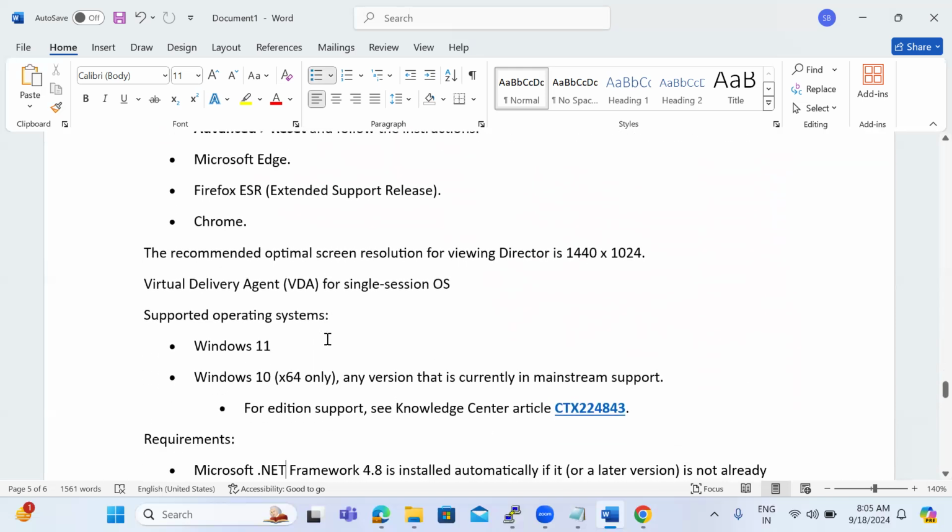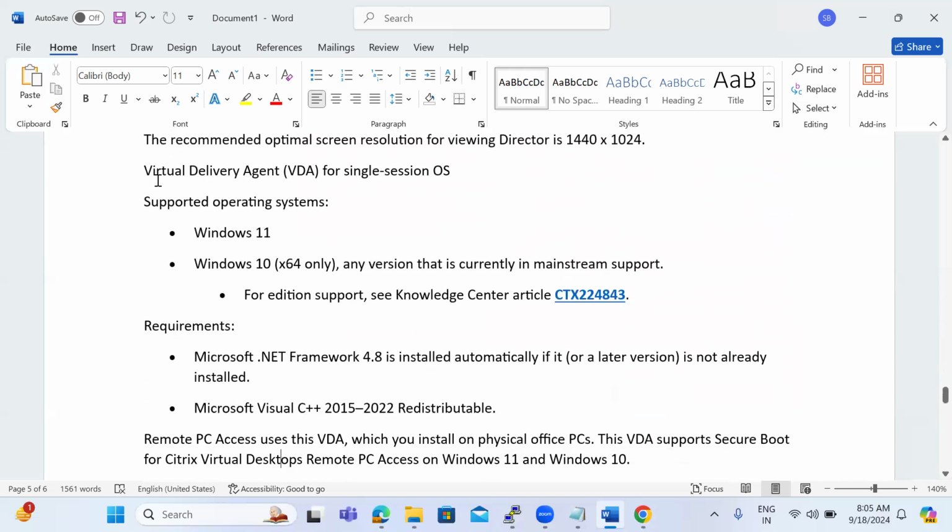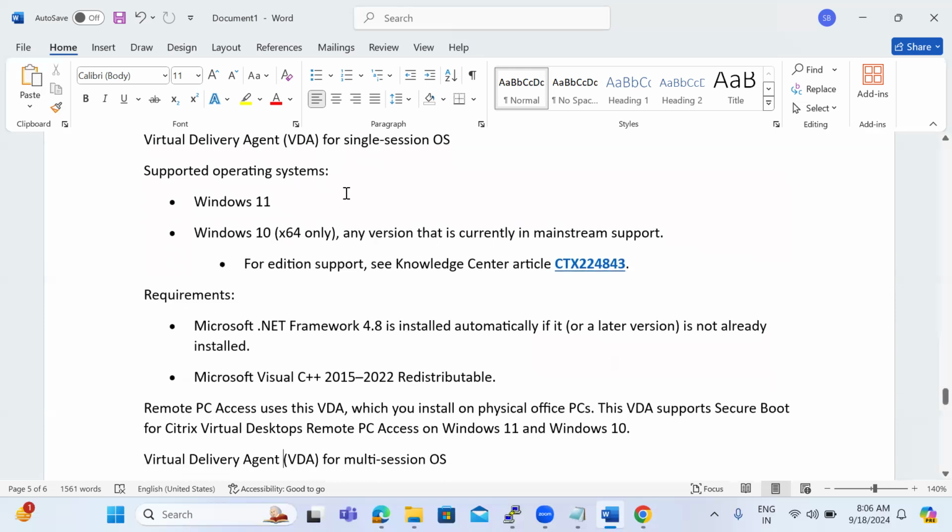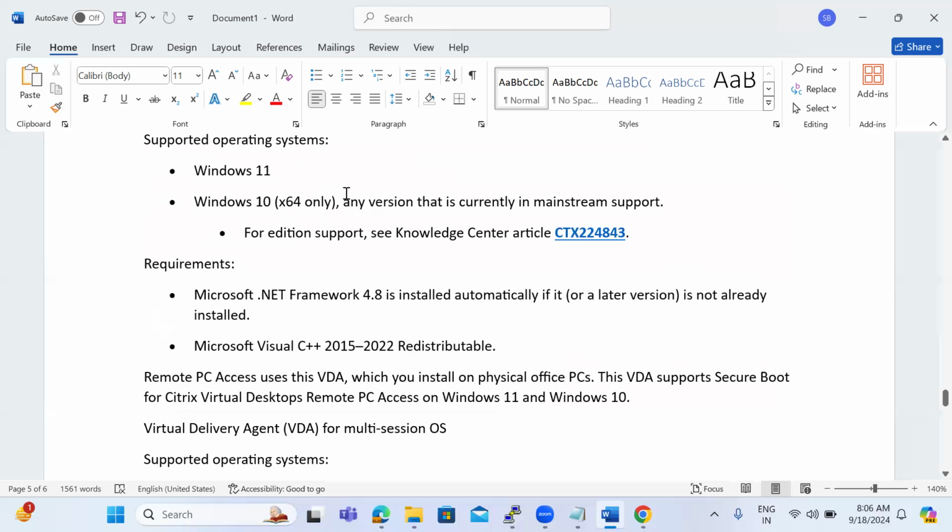And here, very, very important, the VDA. We have two types: Virtual Desktop Agent for single-session OS and VDA for multi-session OS. Single-session OS supports Windows 10 and Windows 11, and for Windows 10 they mention 64-bit only. I don't think 32-bit installers are available now. Mostly we have 64-bit installers, and on top of that we require Windows .NET Framework and Microsoft